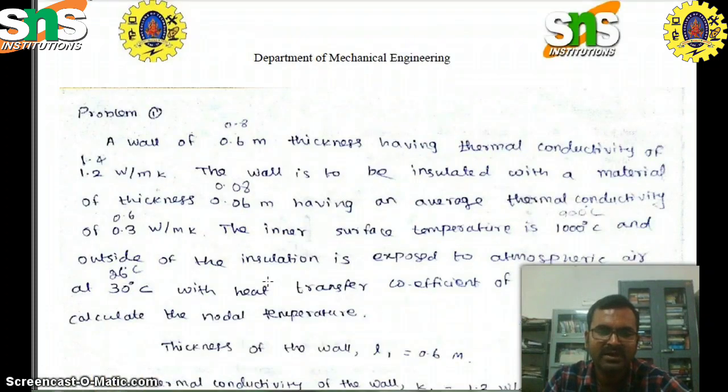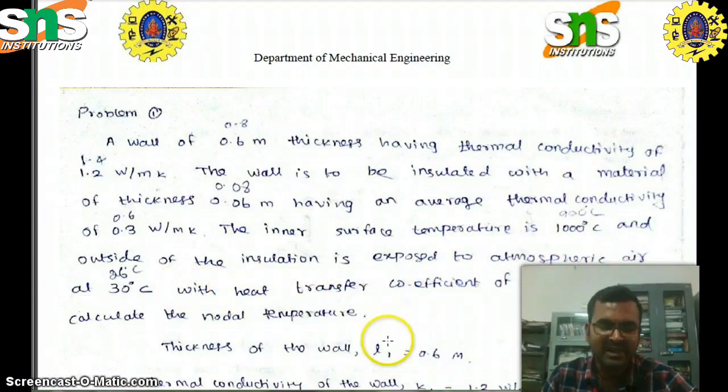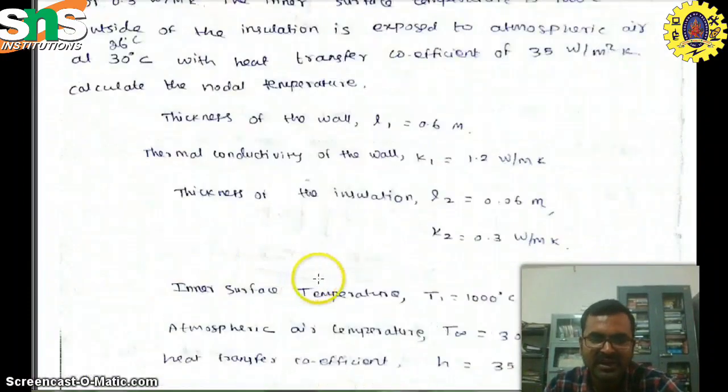The problem: a wall has 0.6 meter thickness with thermal conductivity of 1.2 watt per meter Kelvin. The wall is to be insulated with a material of thickness 0.6 having an average thermal conductivity. The inner temperature is 1000 degrees Celsius, and outside the insulation is exposed to atmospheric air at 30 degrees Celsius with a heat transfer coefficient of 35 watt per meter squared Kelvin. Calculate the nodal temperature. First we have to write down the given data: